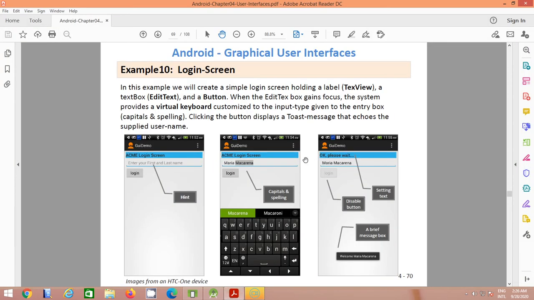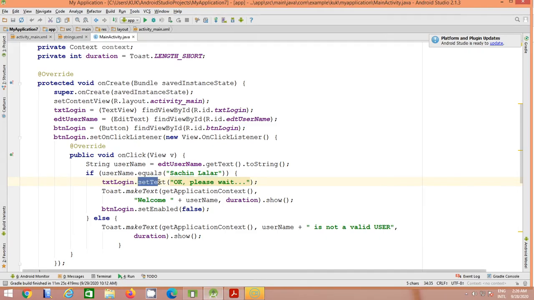That is the first thing we do. We have changed the value of the text view by the function set text, and in double quotes, whatever message you want to show, you simply type that. The second part, we want to disable the button. So for the button we have used the set enabled method, and we have simply passed the value false. So automatically your button will be disabled.